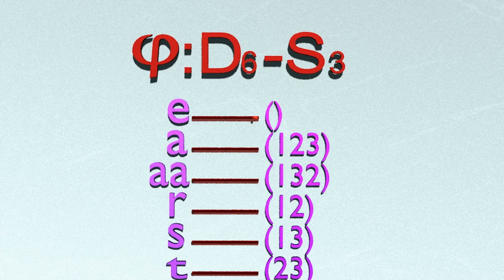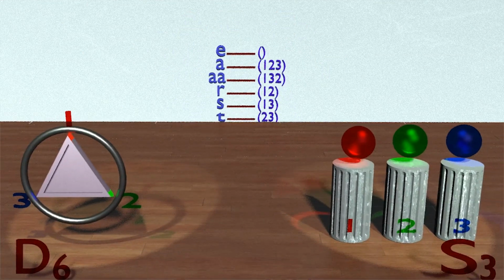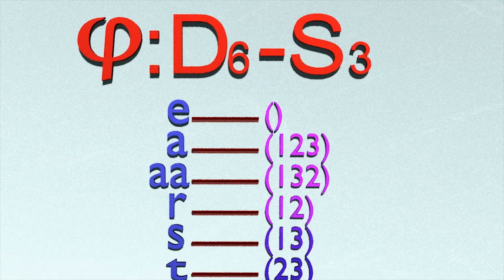A benefit here is that we get an inverse function, a map that can take us back to the original group. The reflection R goes to the transposition (1 2), but we can also go back from the transposition to the reflection. And for this to hold for the entire group, there must be as many or more elements in S3 for all of the elements of D6 to be mapped over to. So all 6 elements from D6, E, A, AA, R, S, and T, have a unique place to go in